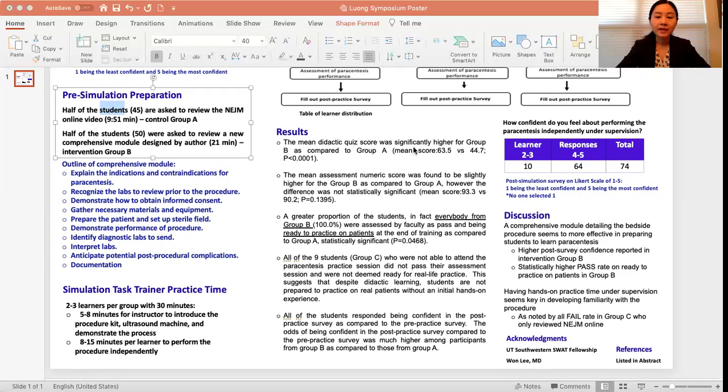Also, having hands-on practice time under supervision is key in addition to the didactic learning. As noted by all of the students who were not able to practice, they were deemed not ready to start